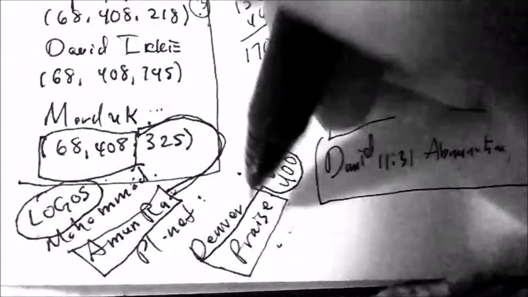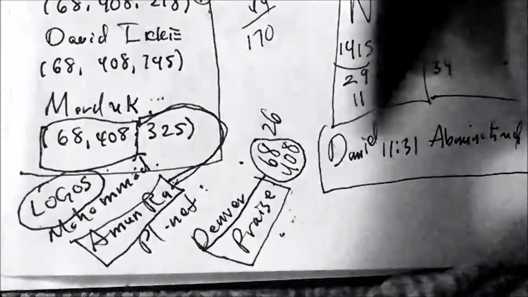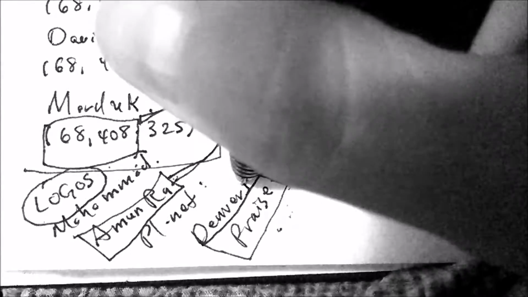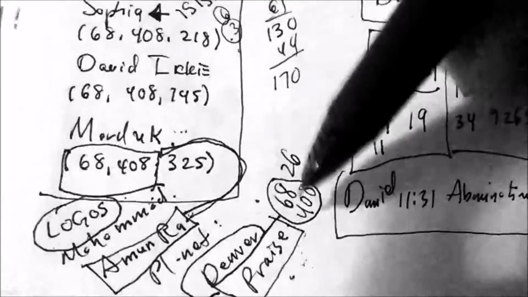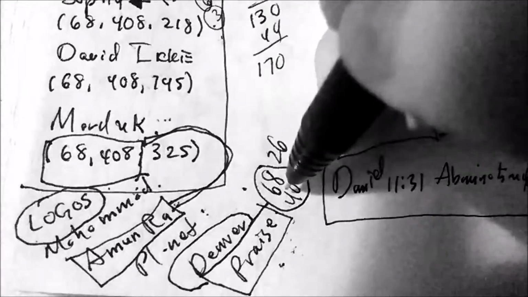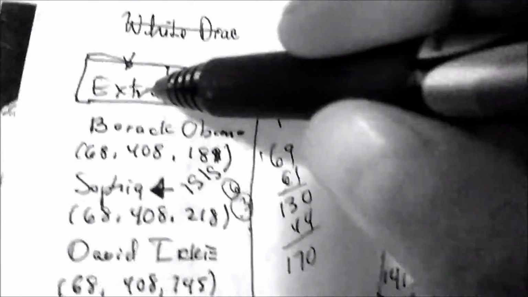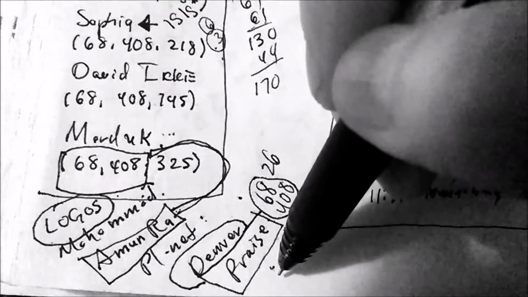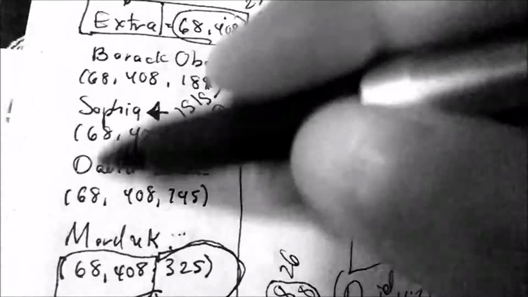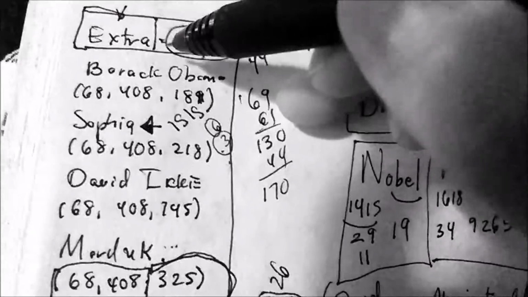The logos is the word. This could have to do with Isis. Muhammad is a big word here. Denver's a strange place. You know, they did a lot of dark ritual here with all their buildings and all the strange stuff they did. So I don't fully understand 68,408 and what it has to do with extra and all these words. But I bring it to you to consider that these all have esoteric similarities with this word.